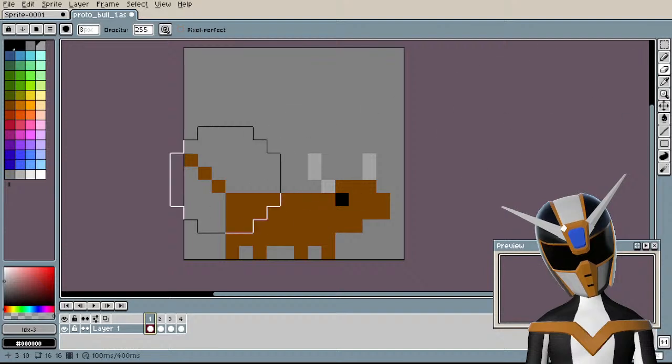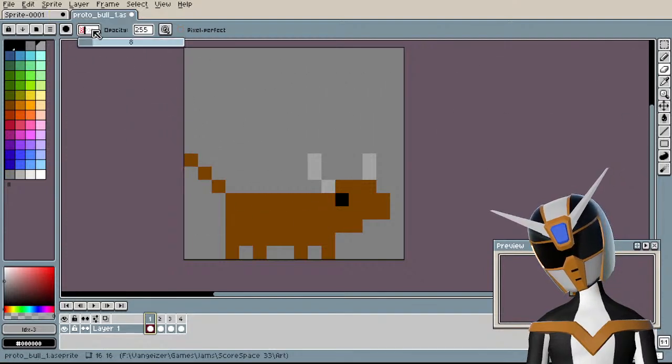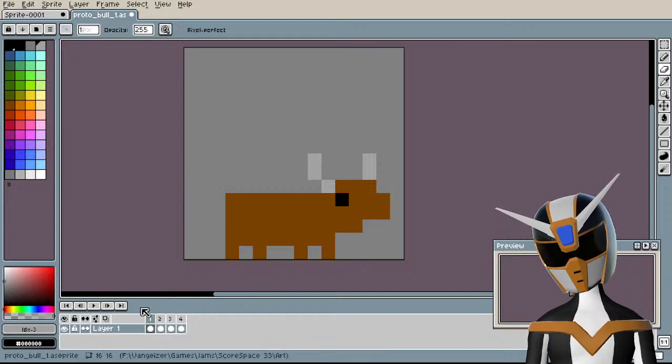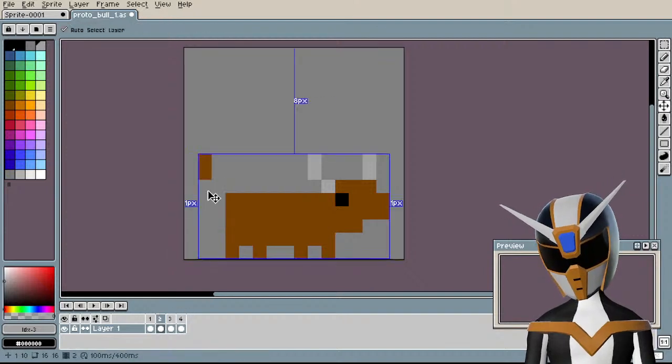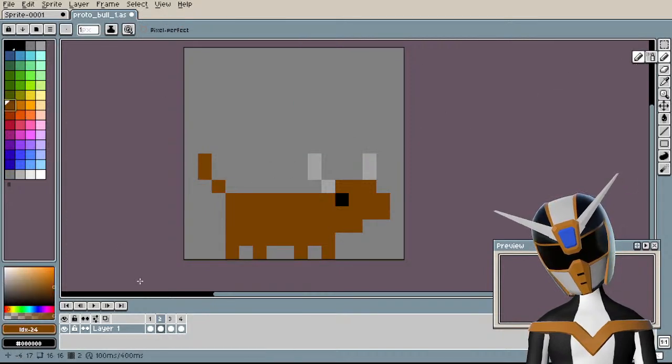Let me just erase... Whoa, that's a big eraser. I don't need it to be that big. Well, let's make it 1 pixel. Okay, let's erase the tail completely. Actually, I do think I want the tail like that for this frame.